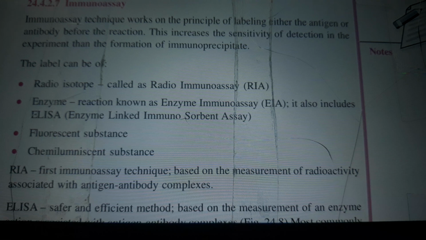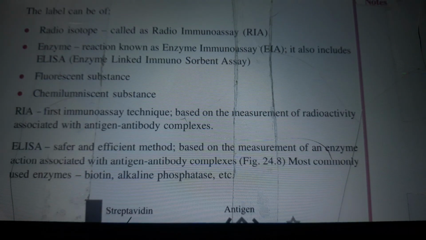Immunoassay. The immunoassay technique works on the principle of labeling either the antigen or antibody before the reaction. This increases the sensitivity of detection in the experiment and the formation of immunoprecipitate. The label can be a radioisotope, called radioimmunoassay, or an enzyme reaction, known as enzyme immunoassay, EIA. It also includes ELISA, enzyme linked immunosorbent assay,